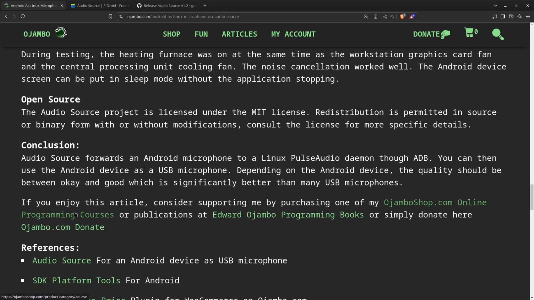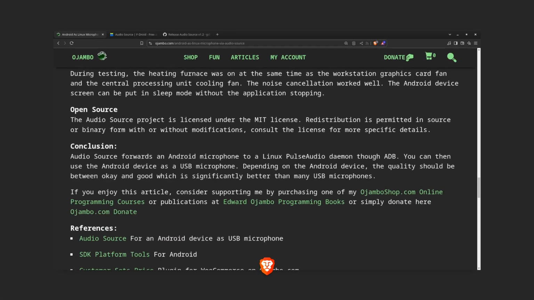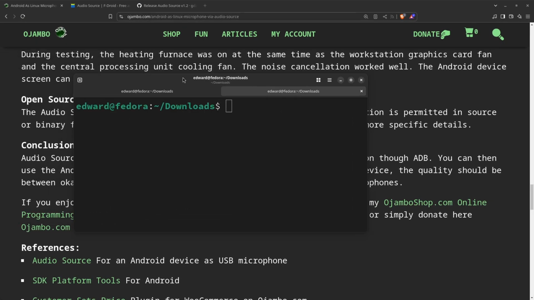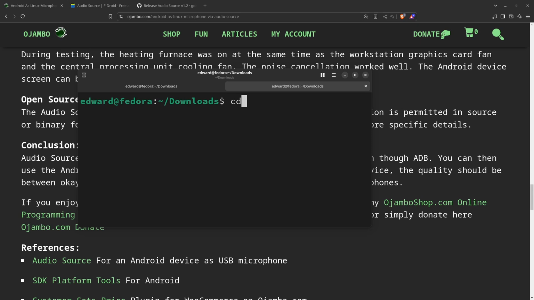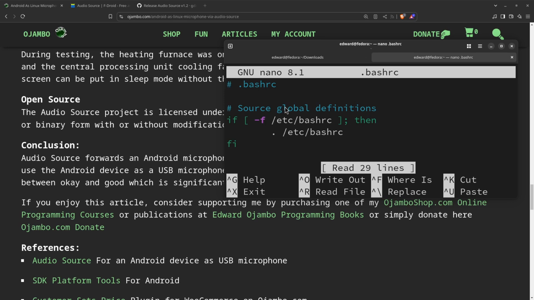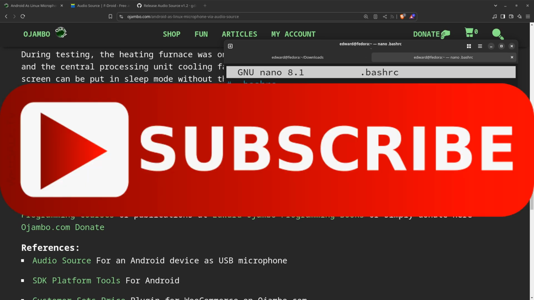So there we go. If anybody needs it, let me do one more thing here. I need to open up a terminal somewhere. I just want to show you how to do this. I'm going to go to my home folder, and I'll just say nano .bashrc. Let me make this bigger. Okay, I think that's big enough. So if I scroll down here,